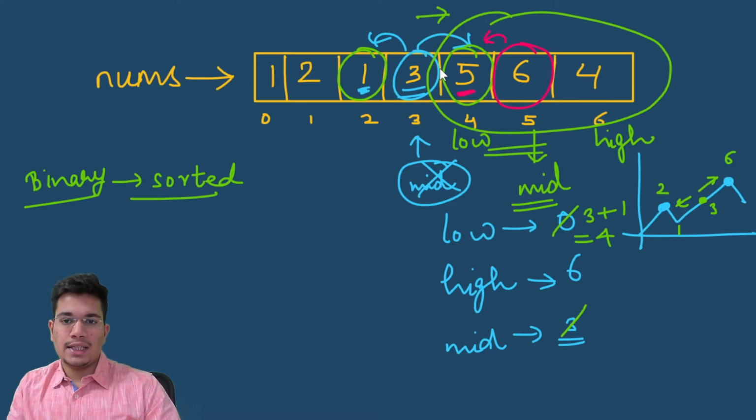Is there something towards the right? Yes. And is 6 greater than that? So yes, 6 is greater than 4. And since both the conditions are satisfied, I know that the element at this index is the valid peak element. So I can simply return this value as my peak index. So this is the index that I'll return.